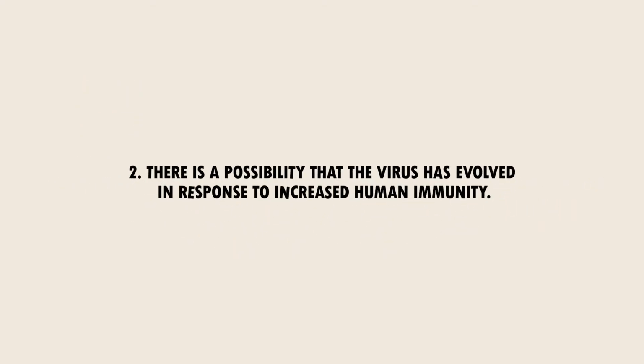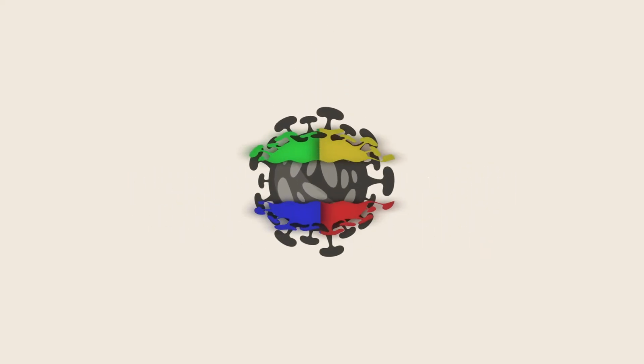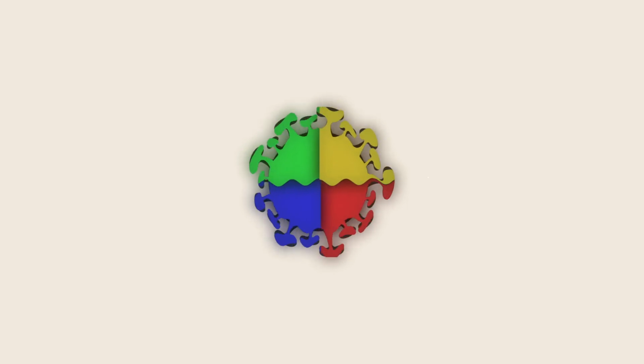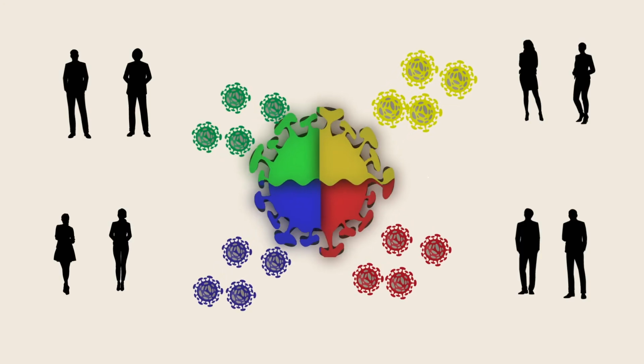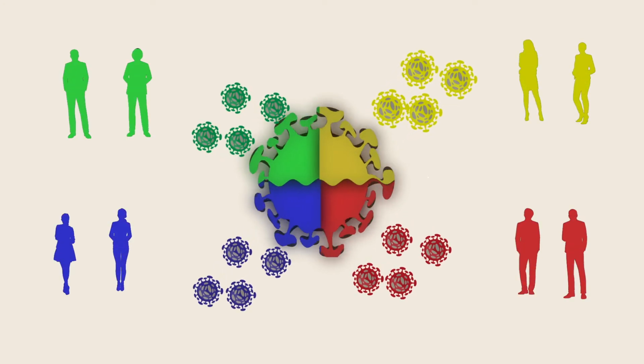Number 2. There is a possibility that the virus has evolved in response to increased human immunity. The increasing genetic diversity of the virus explains only part of the story. The other part of the story? Natural selection. Some genetic changes of the virus provide an advantage, which leads these variants to outperform older strains of the virus. "Some of these substitutions actually help the virus replicate better," Cobey says, which could lead to variants infecting more and more people than other variants.